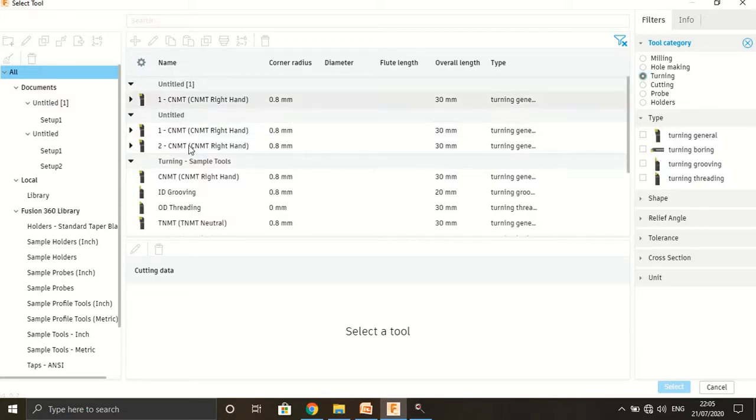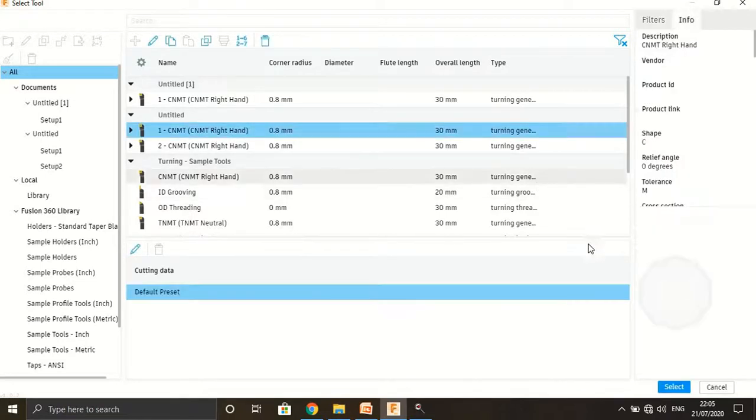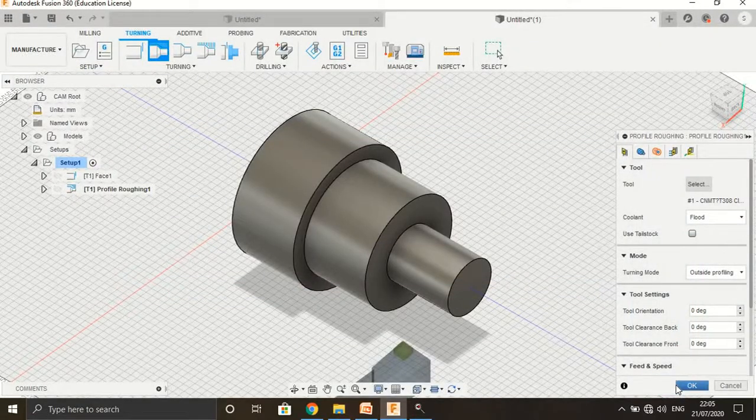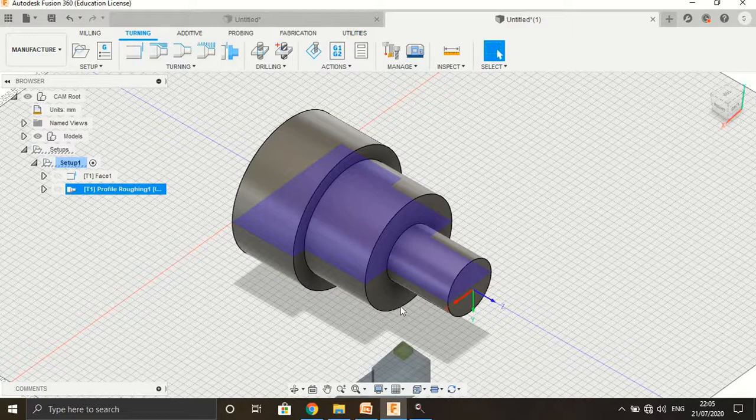Again, a number of tools are available. We are going to select the right hand tool. Select the option, and for the roughing operation we can press OK.